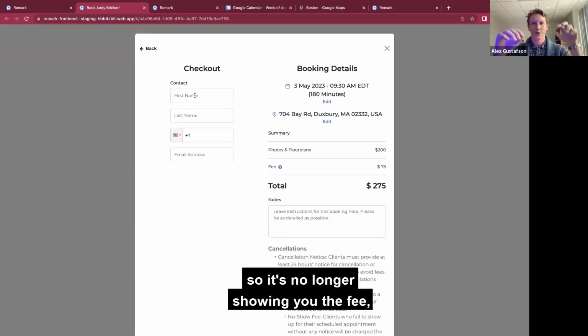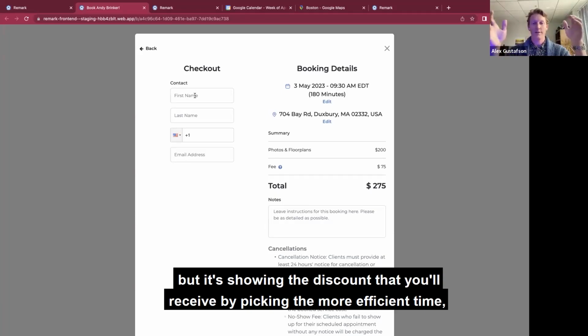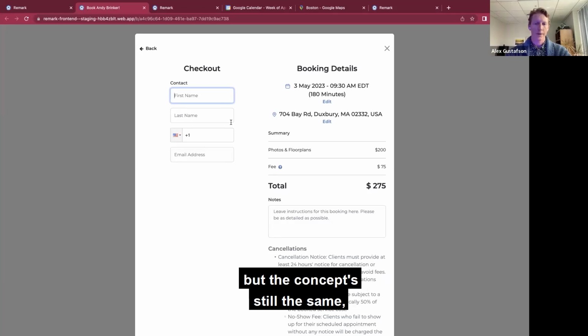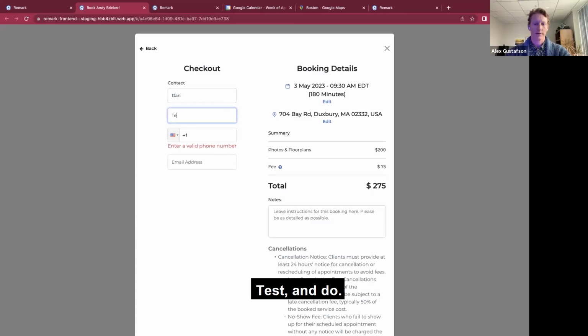So it's no longer showing you the fee, but it's showing the discount that you'll receive by picking the more efficient time. And I did, with this test account, wildly set the travel fees just to make that comparison, but the concept's still the same. So here I'm going to do Dan test and do